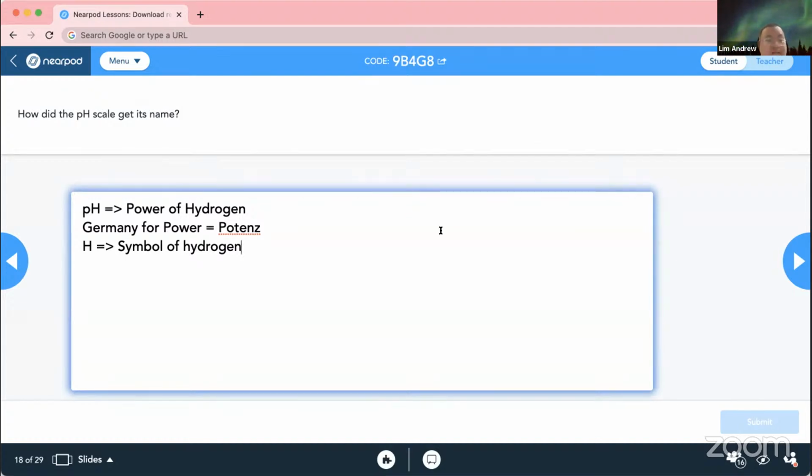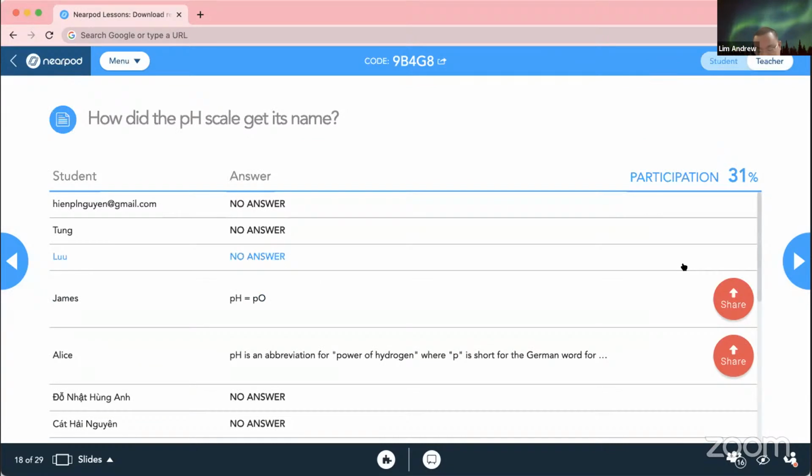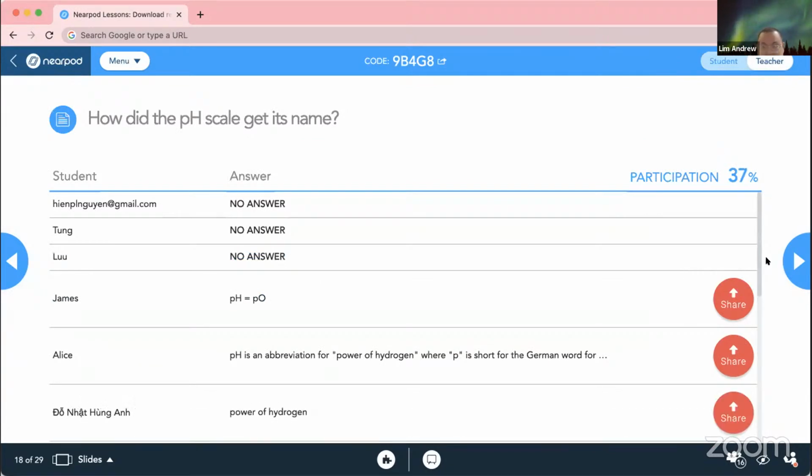All right. So let's see if you guys got it correct. Okay, so very well done. Well done, very good. All right, so let's carry on then. So do you remember what pH is? pH stands for power of hydrogen, to test how much or how little concentration of hydrogen ion is present in the solution.